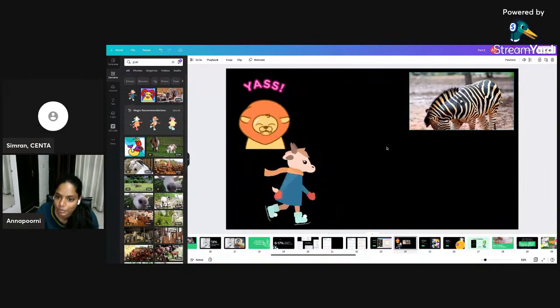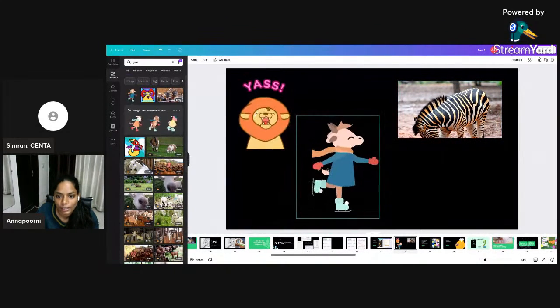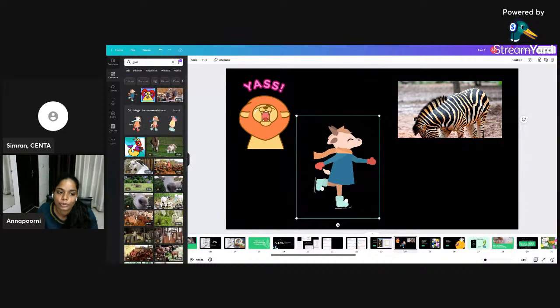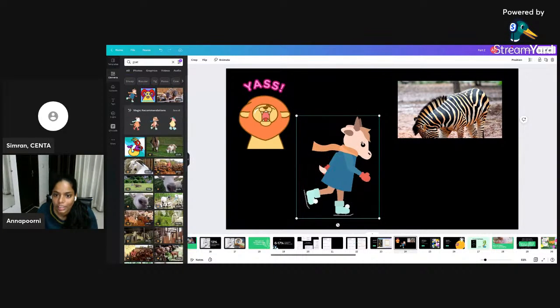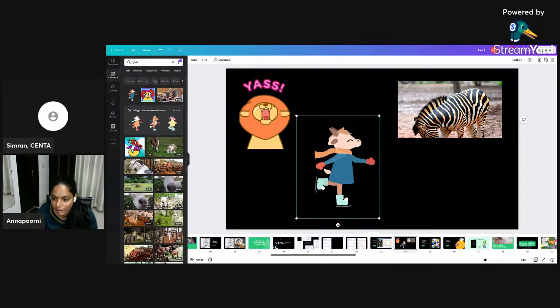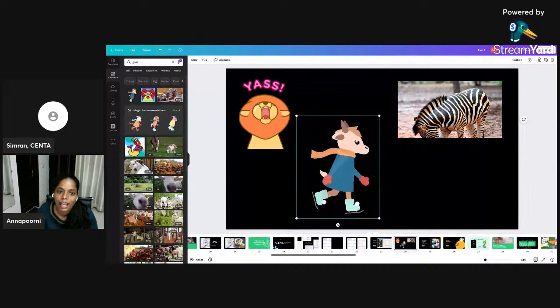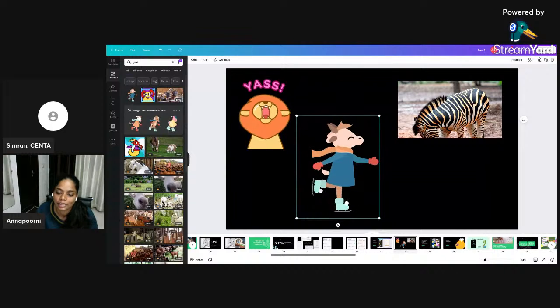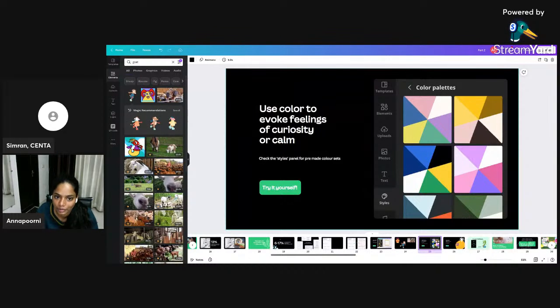Everything is that simple. Nothing is complicated, but it completely changes the look and feel of what you want to do. So you have a whole repository that you can use, and it's completely free for teachers, like I said, and you can use that to make your class and make especially difficult subjects a little bit more fun.